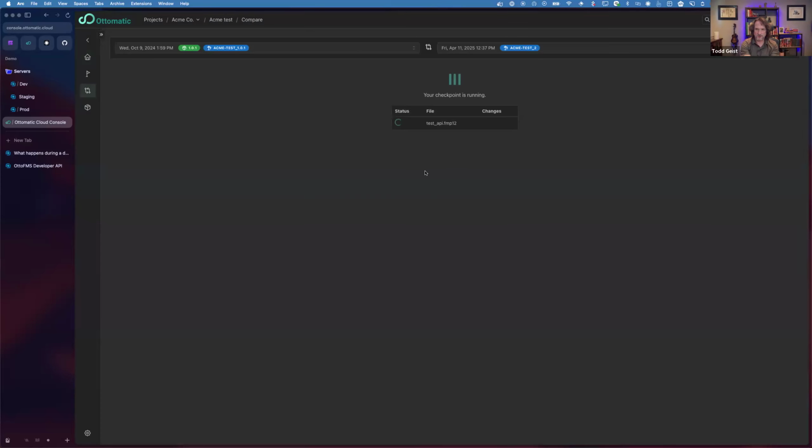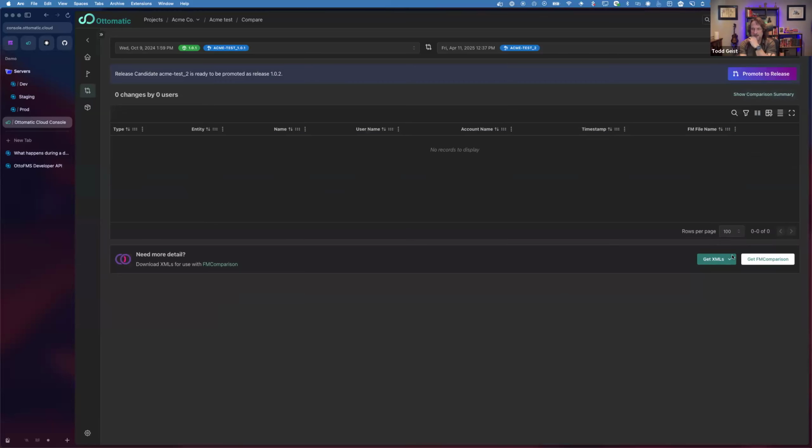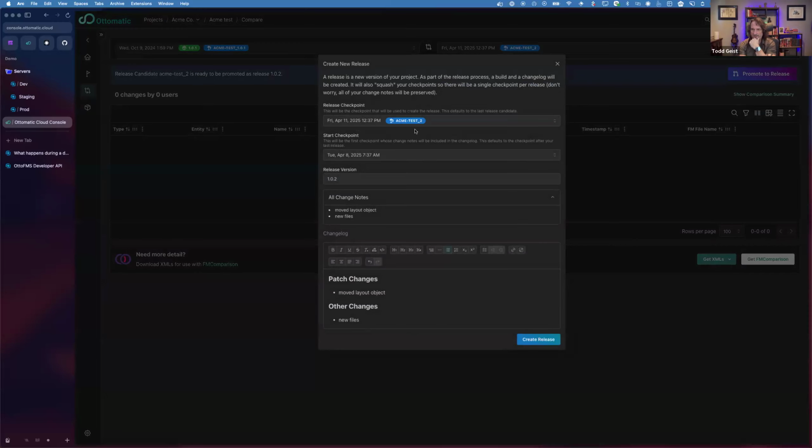And you can review your change notes, and you can get everything set up the way that you want. And when you're done with that, you will get a build, and you'll get a change note, a change log of all the changes that you tracked for that thing. And then you could use that build for deployments to your production server, for example, or servers if you're a vertical market person.